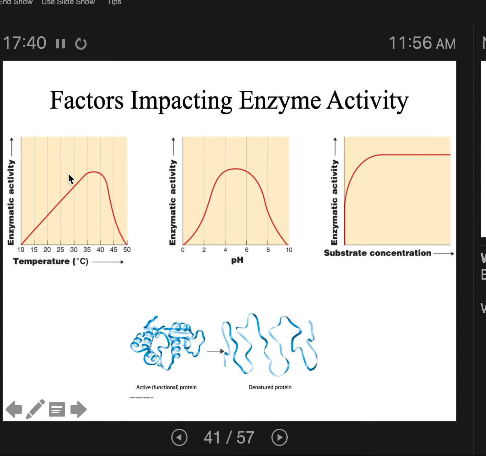And that has to do with them encountering their substrates, because we talked a little bit about how an enzyme, once it finds its substrate, changes shape slightly in order to change the substrate into product, and then it bounces back to its original shape once the product is released. That malleability, that ability of the enzyme to move a little bit, is always going to work better at higher temperatures. Basically, the warmer something is, the more